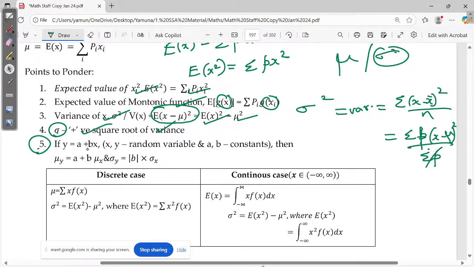You remember this one, y is equal to a plus bx. Mu y will be equal to a plus b mu x. Remember? என்ன ப்ராப்பர்ட்டி இது? Mu y is equal to a plus b mu x. Y is equal to a plus bx na y bar is equal to a plus b x bar. அதான் y bar என்னது மீன், இதுவும் மீன். இங்க sample mean, அங்க population mean.